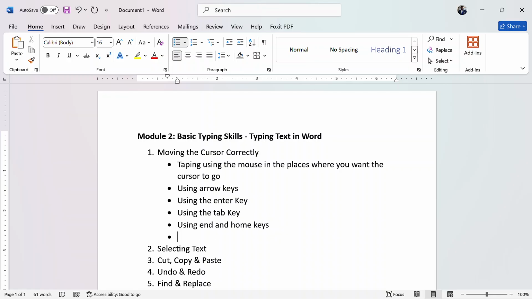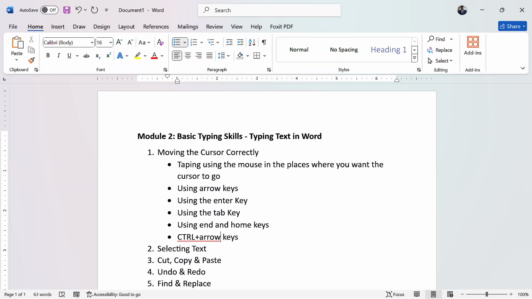We also said Control plus right arrow key, let's just write it at once.